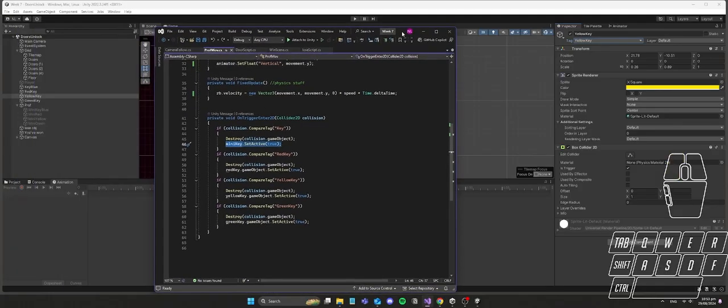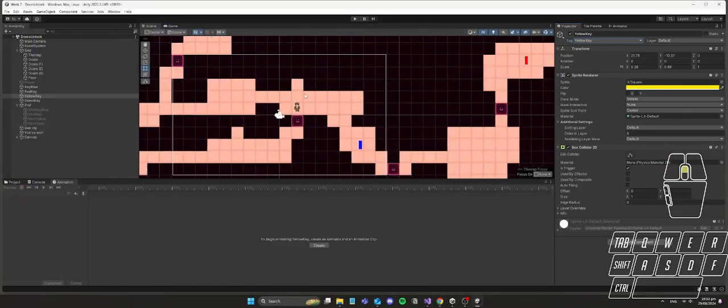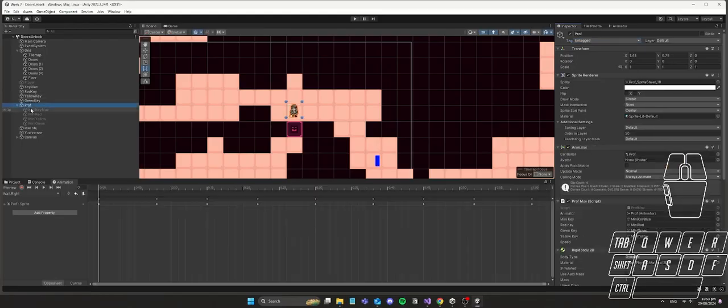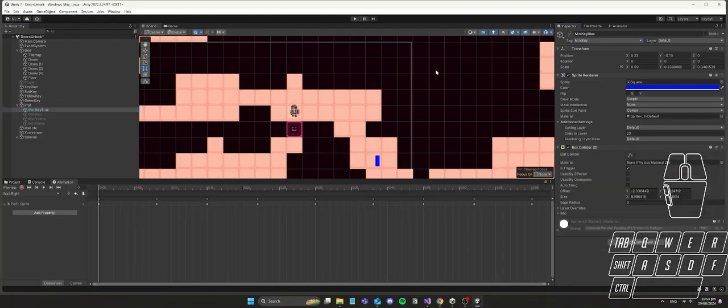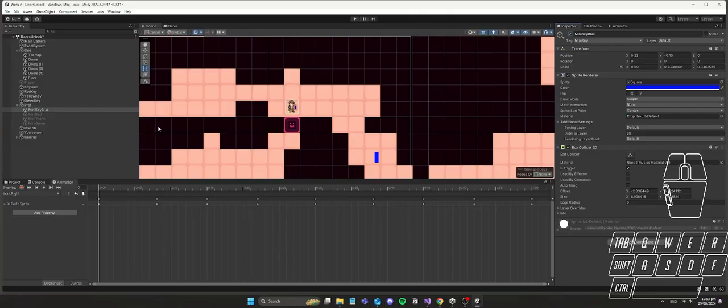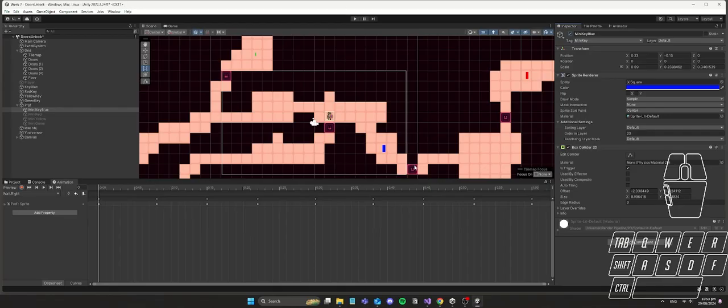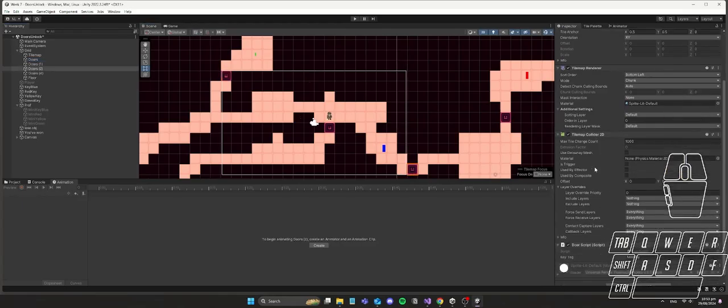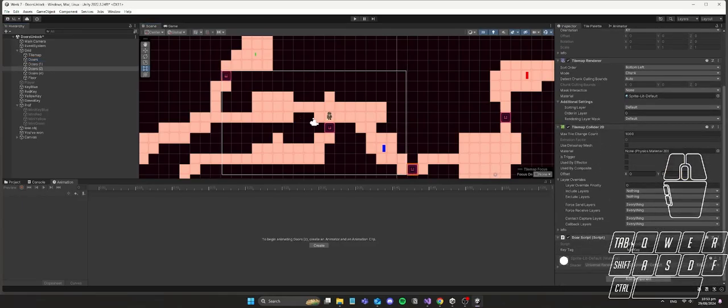So the mini key is the key that the character brings with him. Once the professor hits him, this thing disappears and this thing appears. Pretty much it. And for the mini key, there will be a collider that is a trigger, which is how it works when it hits the doors. You have the collider, and it triggers